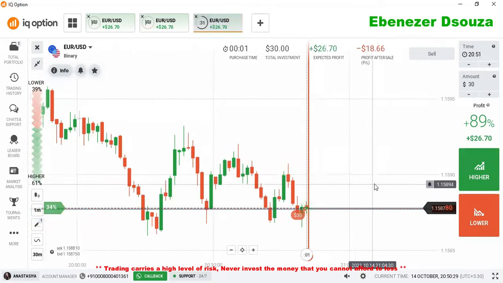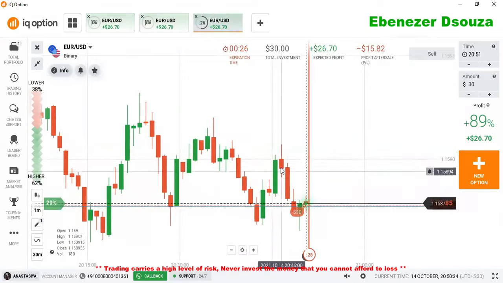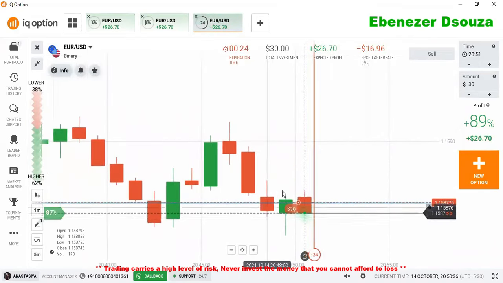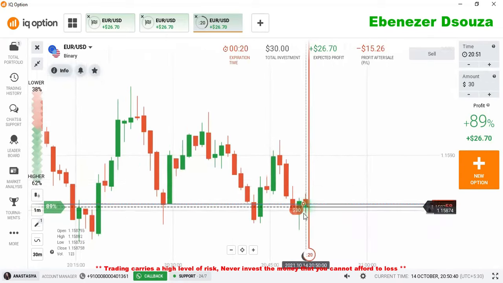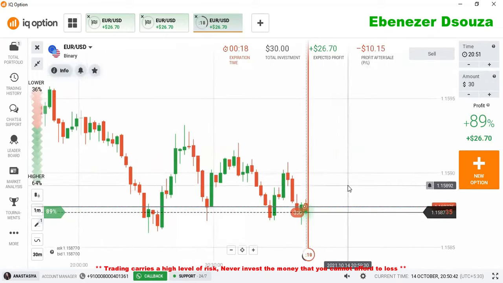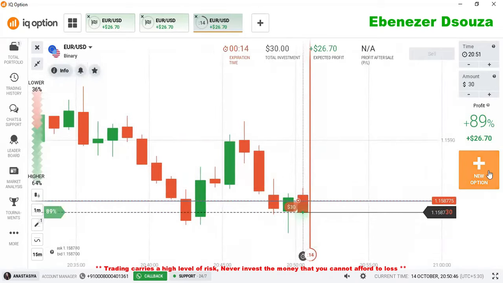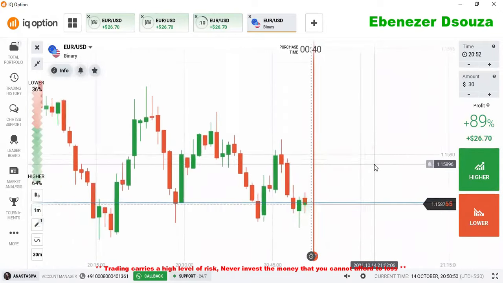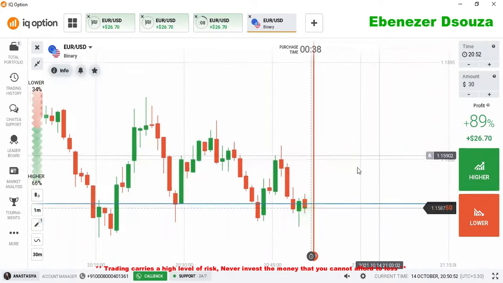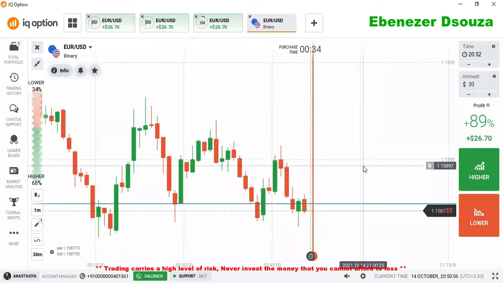So I placed here a lower option trade because the trend is a downtrend. This is a strong momentum, so there is a bullish candle, but this candle is not enough to go with buyers, because the market may make a retracement candlestick easily because of this strong selling pressure. So it's not good to go with buyers directly with one single candlestick.